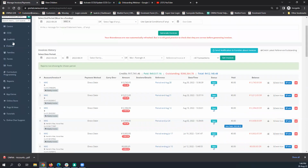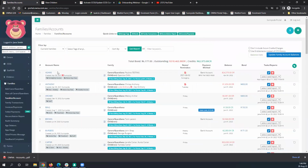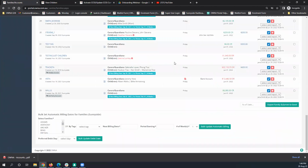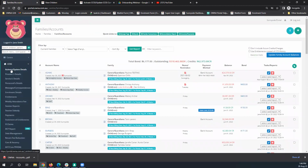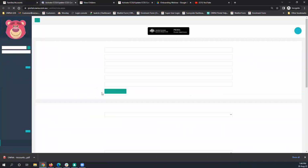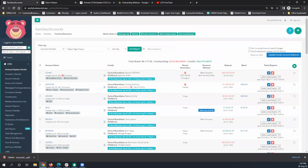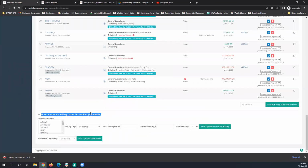Cool. Now, as we mentioned earlier, you can actually automate the whole process. So once you're ready, you can come to family accounts, and at the bottom of your family accounts, let's take that back one step. At the beginning of the training, we were talking about the options. So under CCS, activate update details, here is where you would actually turn it on. Okay, turn on either your invoicing or your debits, right? And then once the system's on, that's what I meant to mention, you can come to your family accounts and come all the way down to the bottom, and you'll see this section here,